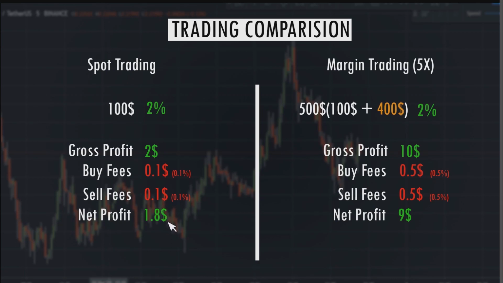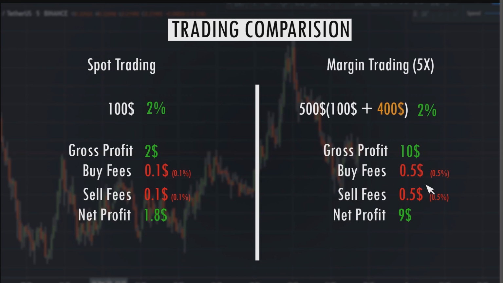So your net profit would be $1.8. So when we compare them against margin trading, let's take 5x leverage, because that's the maximum leverage supported for margin trading. And let's say you're starting with $100. So you can borrow up to $400. So you'll be trading with $500, and if you made the same gains of 2%, your gross profit would be